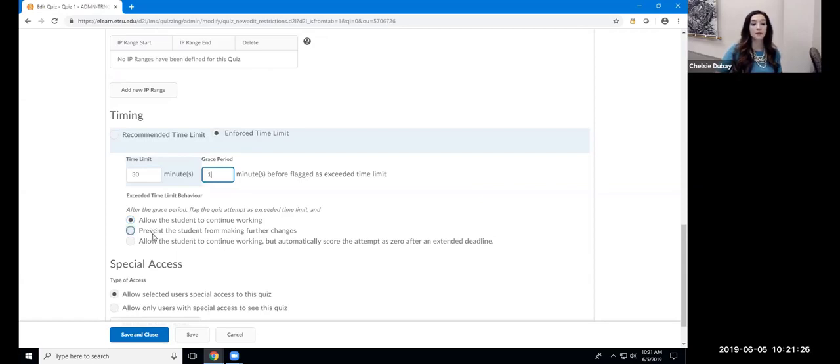I can prevent the student from making further changes. Well, that means that the quiz stops. It doesn't submit. It's not submitting on behalf of the student, but the quiz is frozen. The student can't answer any options. They can't change any other answers. All they can do at that point is stop the quiz, or submit the quiz. This is typically the option I recommend because otherwise the other 2 options give the student a little bit more